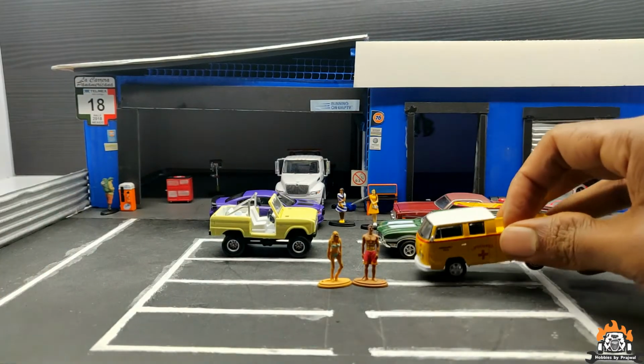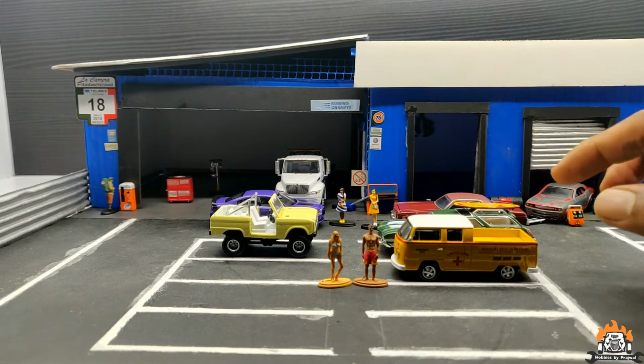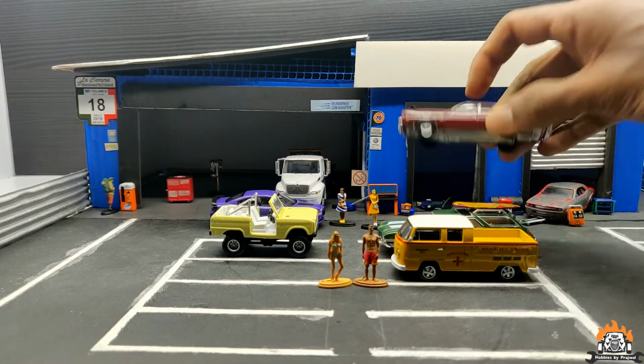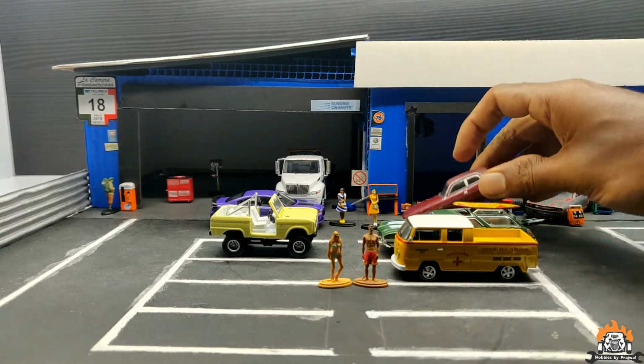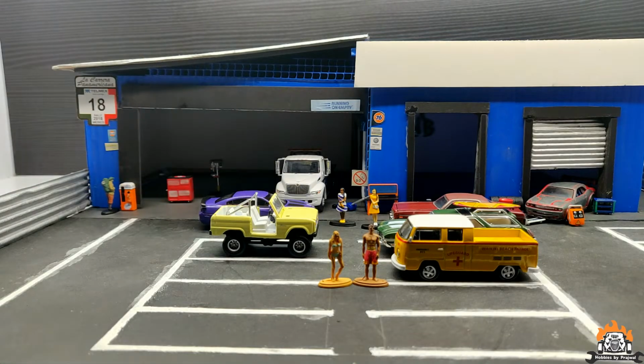Like I said, I think maybe the Bronco also is plastic. I can't feel it much. These are plastic bases, and if you see, these are metal bases. I think this also is a metal base. Now for the last car in this mix,